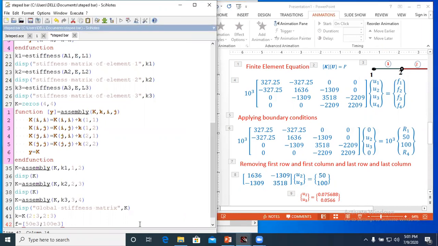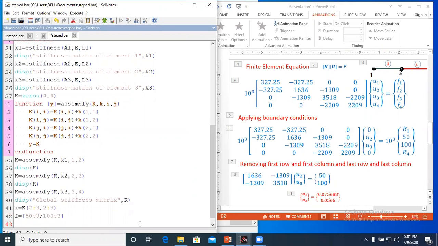After that, calculate the U matrix. U is equal to solve the simultaneous equations, that is k into U is equal to f, or U is equal to f by k. And for doing f by k, you use backward division, that is k backward f.